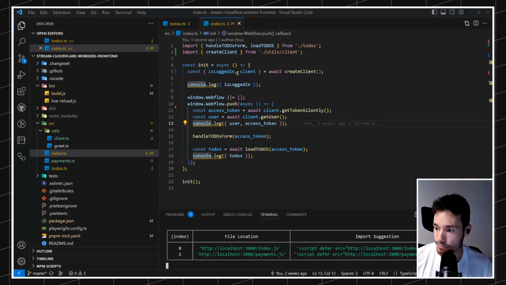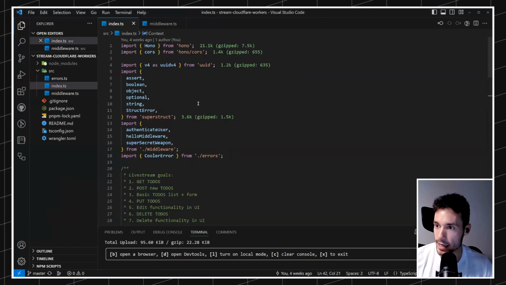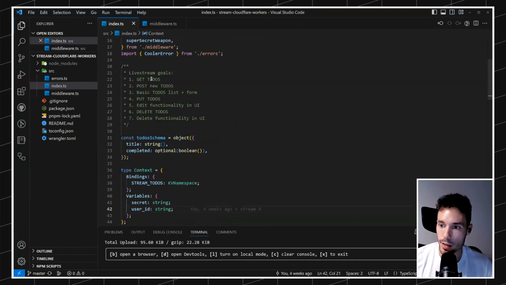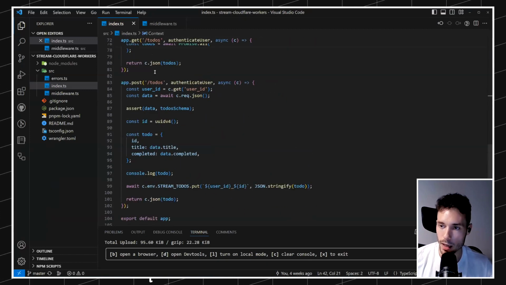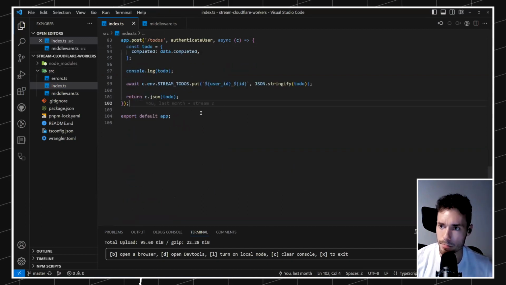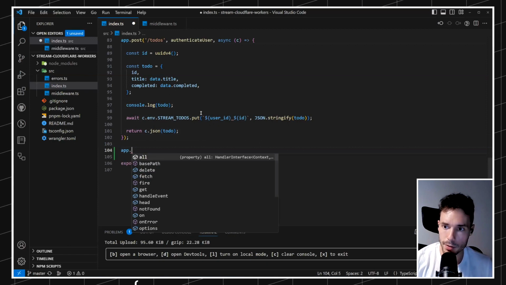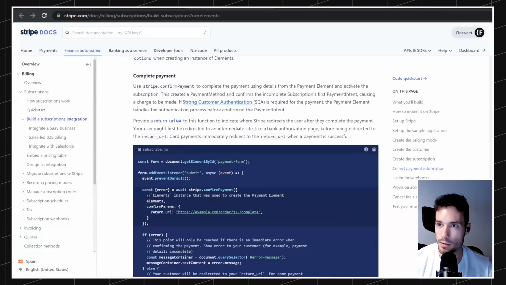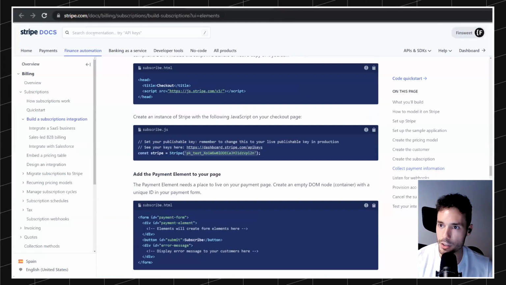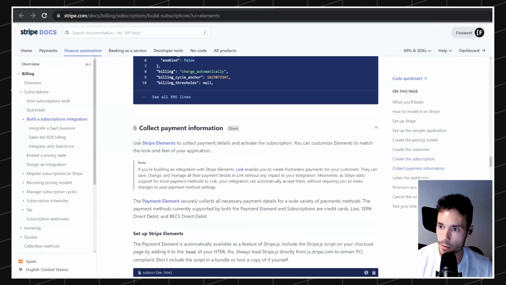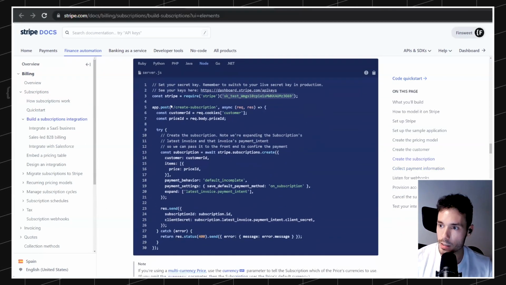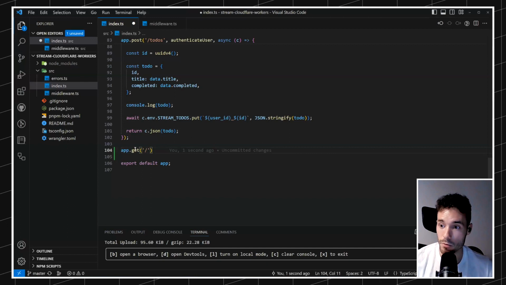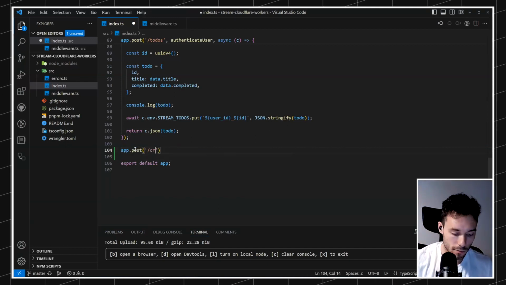Okay, so first of all, let's go to the backend in here, and we'll create another endpoint. I'm just putting everything in a single file, but we could obviously improve this. I'll create another endpoint that will be app.get, and then something. Oh, you know what? Let me pull this up for a second, because we have an official guide from Stripe that might help us to find the proper names here. It's this. And do we need something from it? Oh, right. We need the price ID. So we'll make a post. And we'll do create subscription,